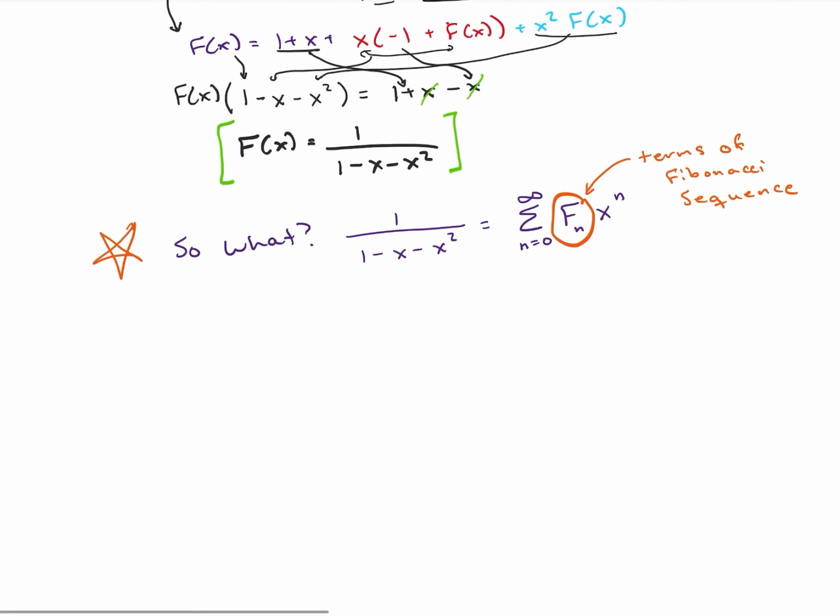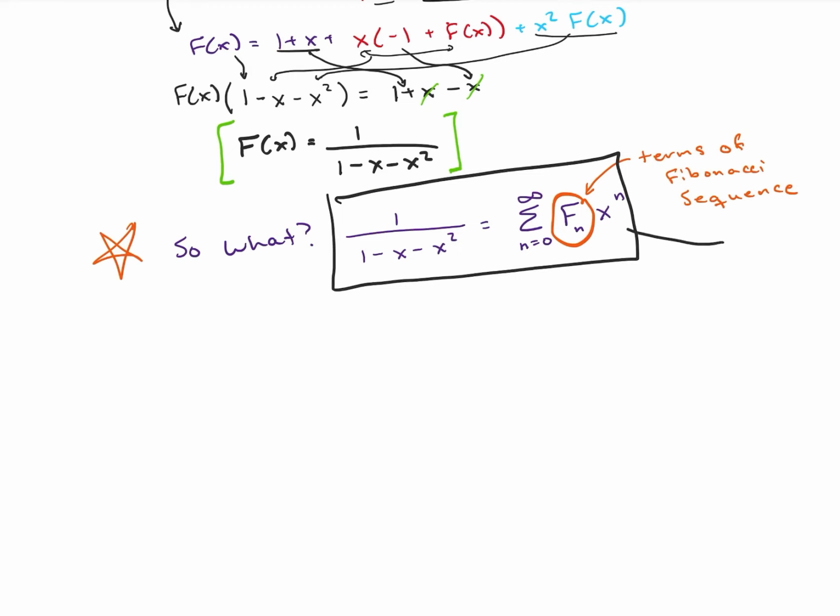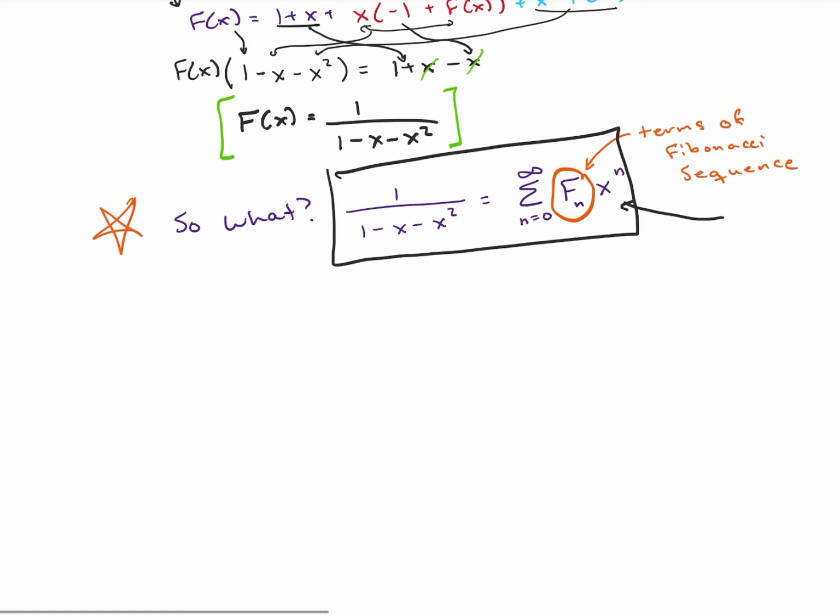What we're going to do now is we've already established that this summation, this power series with the Fibonacci sequence as its coefficients, is equal to this equation on the left. And I'm going to use that to solve for the nth terms of the Fibonacci sequence. So we're going to rewrite this as negative 1 over x squared plus x minus 1. And then we're going to do